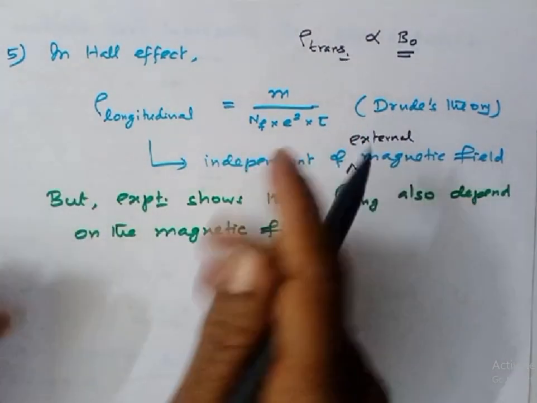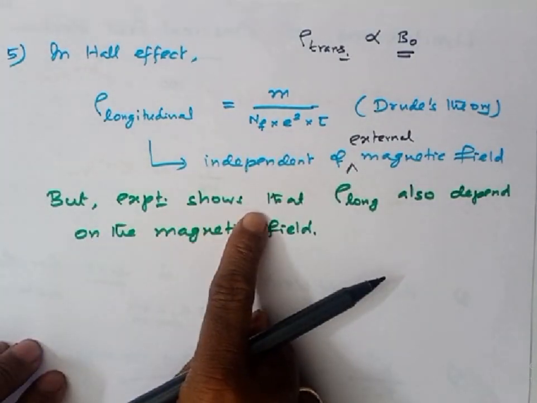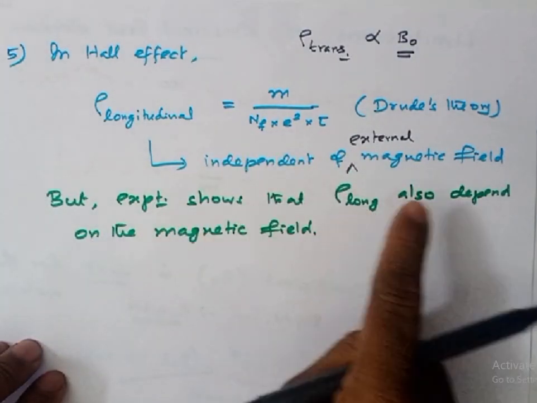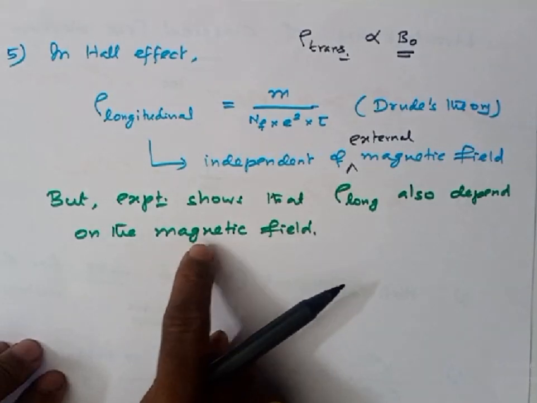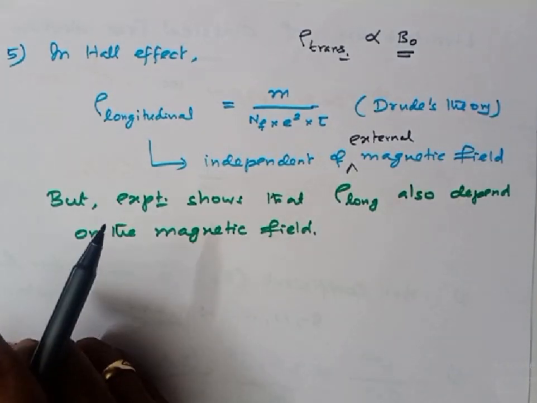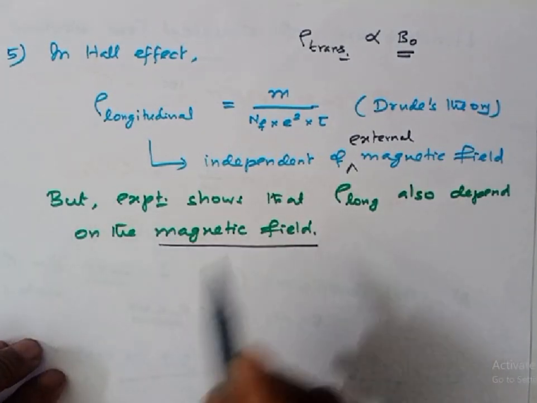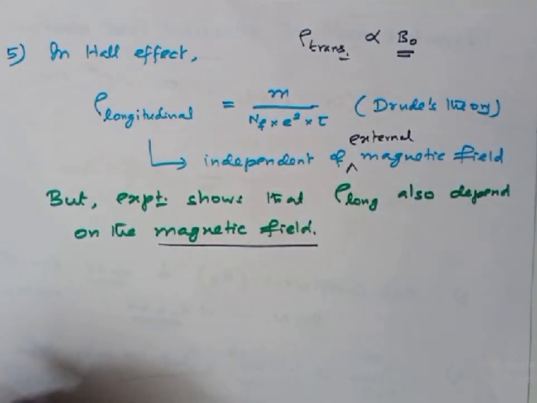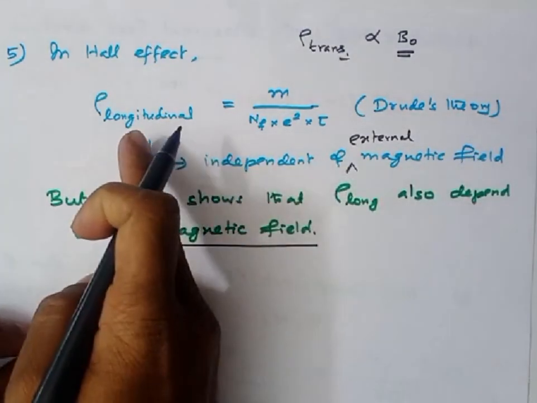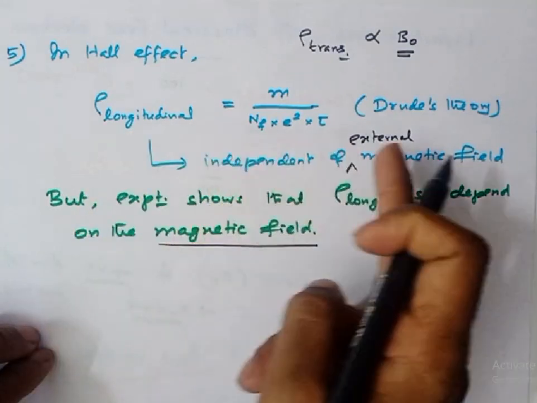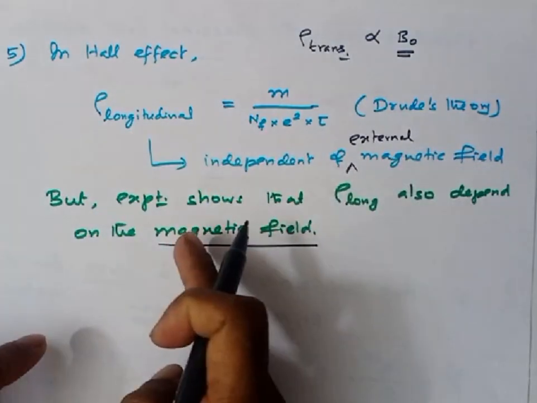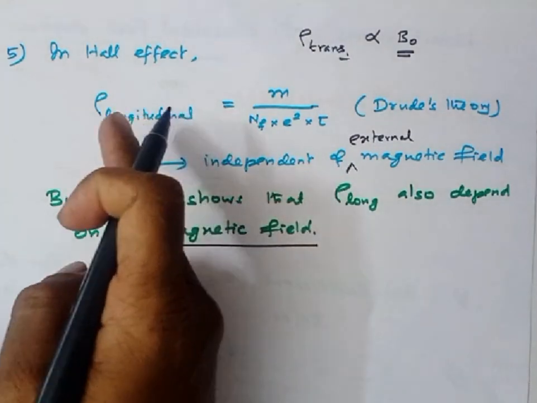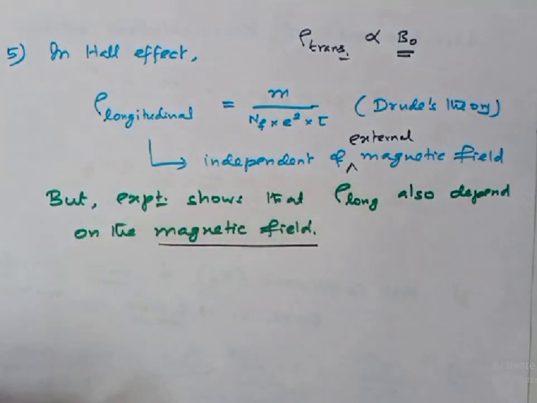But experiment shows that longitudinal resistivity also depends on the external magnetic field strength. That could not be explained by Drude theory. According to Drude theory, longitudinal resistivity should be independent of external magnetic field. But experiment shows that longitudinal resistivity also depends on the external magnetic field strength. Okay, so these are the few limitations of